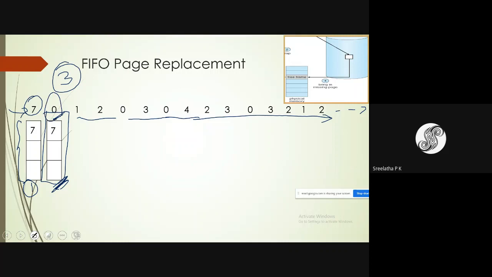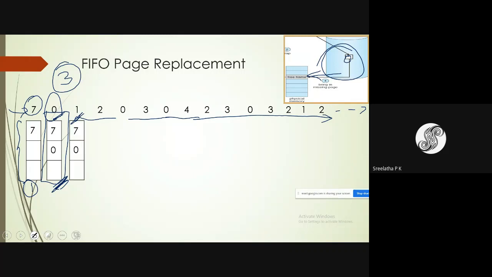Now required is page 0. It is not there and hence it is a page fault. Bring that page 0 from secondary memory. You can see on the left side, right side top, the page number 0 is present here and it has to be brought to the memory. Yes, page number 0 is brought to the memory. Again, page number 1 is required next. That is not there in primary memory.